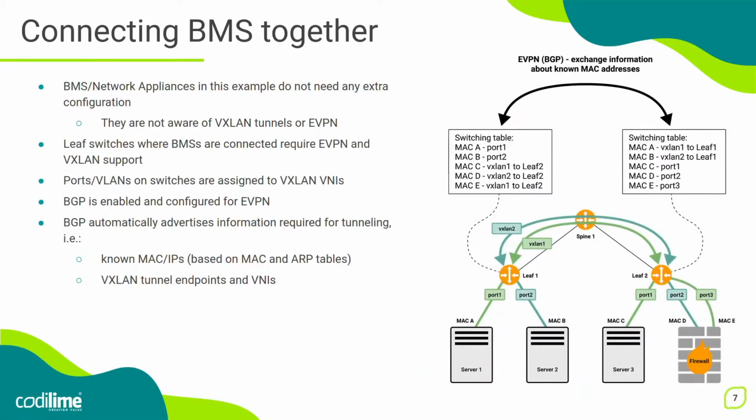Okay, so let's take a look at how EVPN can work in practice. Here on this example topology, we've got 3 different servers and a firewall, and we want these resources to be able to communicate at layer 2. Now, the networking devices are configured using an IP fabric, so we've got only layer 3 connectivity possible between them. So in order to provide these layer 2 connections for our servers and the firewall, we will use VXLAN tunneling, which will be configured on the Leaf1 and Leaf2 switches. What we'll also need is the BGP protocol with EVPN enabled.